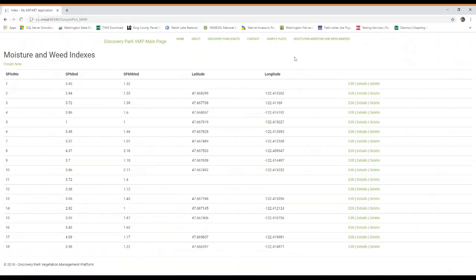Finally, the focal metrics for the data are the sample plot moisture index and the sample plot weed index. This is the data that is illustrating how wet the site is relative to the vegetation that is able to tolerate that degree of soil saturation, and what the relative weed count is at the site. In other words, a 1 would be very low, mostly native plants, and a 5 would be almost non-native or